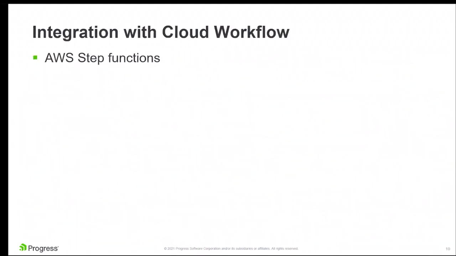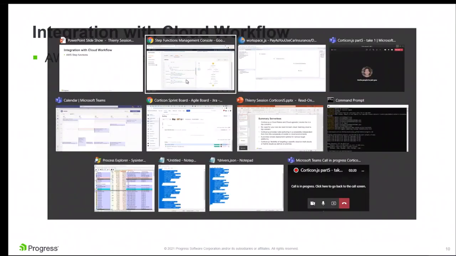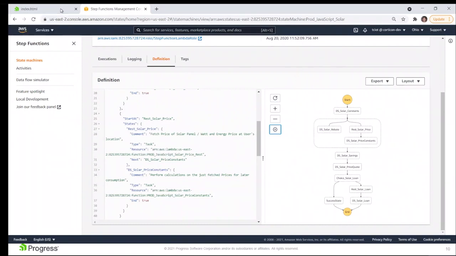Okay, the last example we're going to look into is a sample we have developed for a customer who wanted a solar installation cost, savings, and rebate calculator. So we developed a sample with a cloud workflow solution in AWS using the AWS Step Functions technology. So maybe the first thing, let me run this example once,